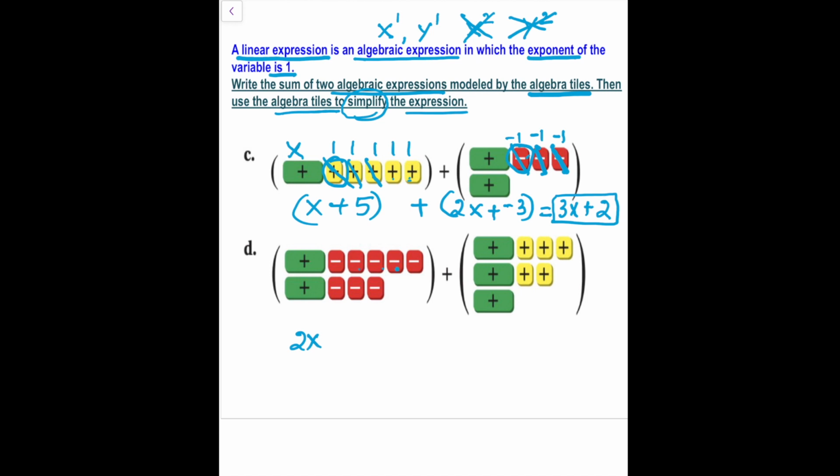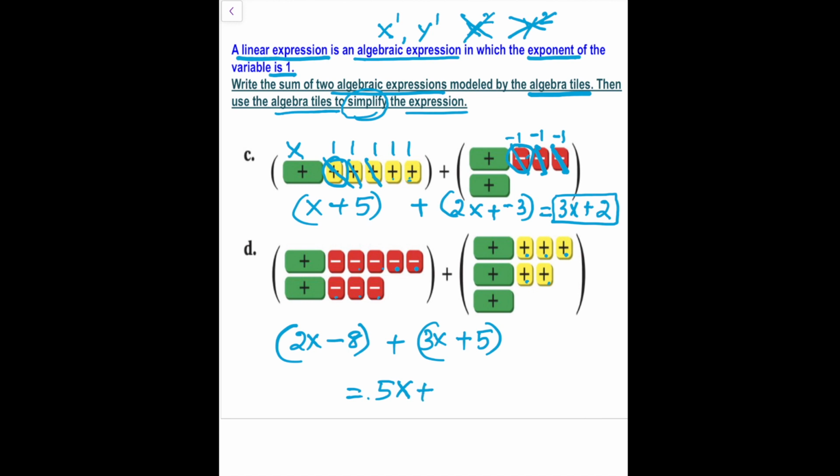You have 2x and we have 1, 2, 3, 4, 5, 6, 7, 8 negatives. So that means minus 8 or plus negative 8. Then 3 variable tiles, so that is 3x. All of them are positive, and we have 1, 2, 3, 4, 5 positive ones. That will give you positive 5. Now what is the sum of those? So when I put all the algebra tiles together, I will get 5x